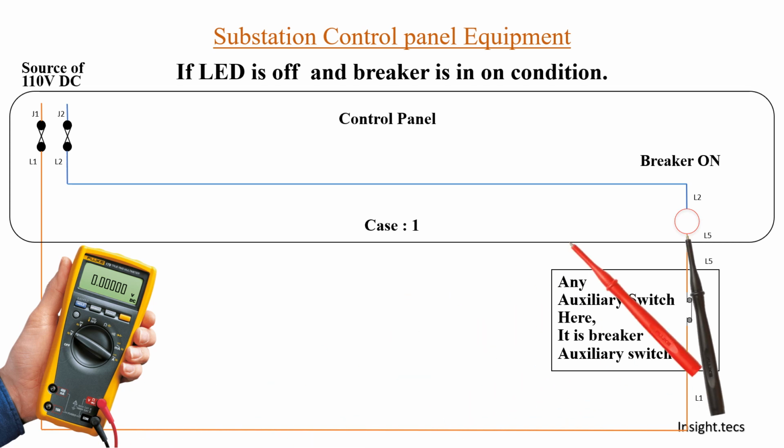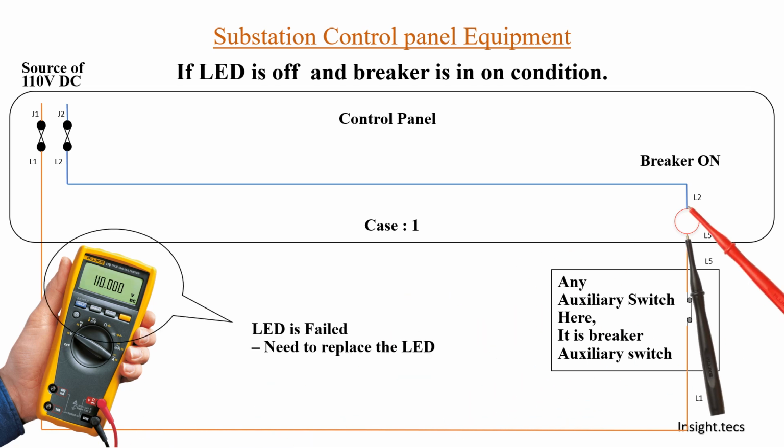The case 1 is that whenever you have to measure the voltage across the LED. Whenever you measure the voltage across LED, it will be 110 volts. Okay, if you are already getting 110 volts at both the ends, both the terminals of the LED inside this multimeter, then what does it indicate? It indicates that voltages are present on both the sides, but the LED itself is failed. So LED is failed. Now what we have to do, we need to replace the LED. That is very simple and easy. Okay, now let us see another case.